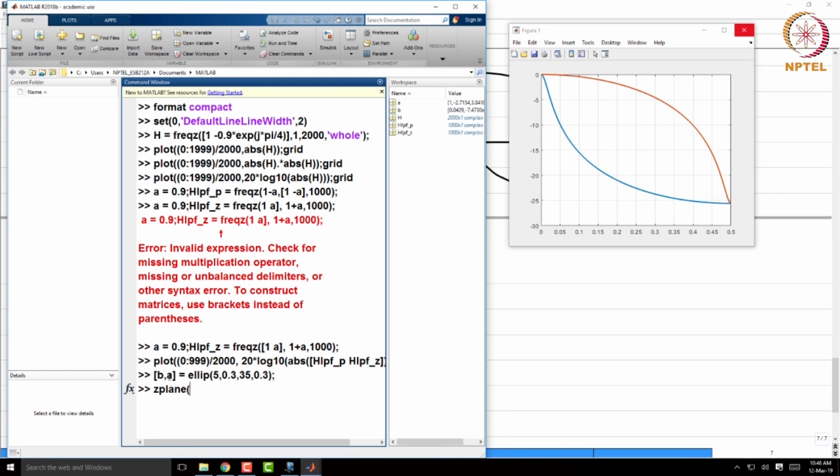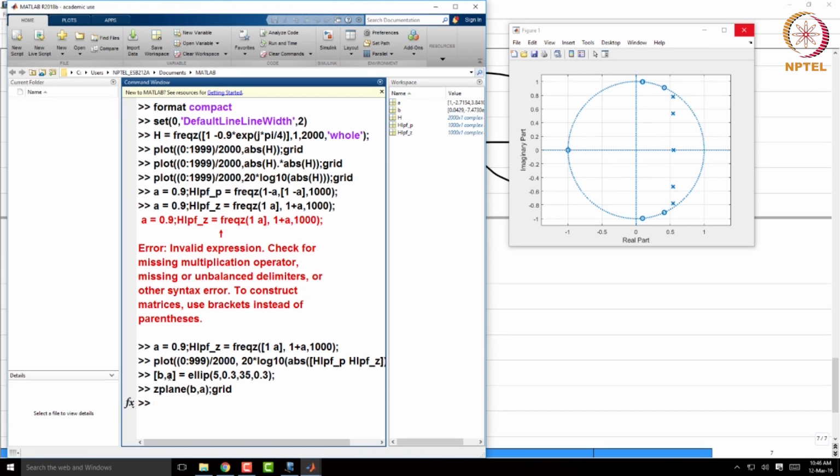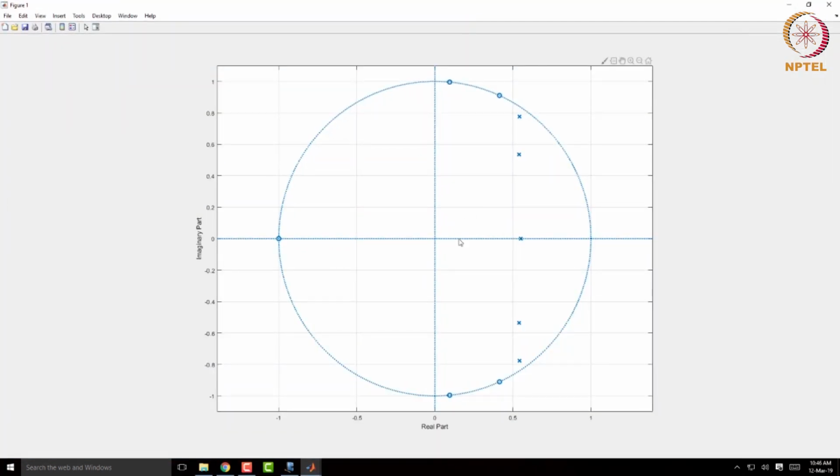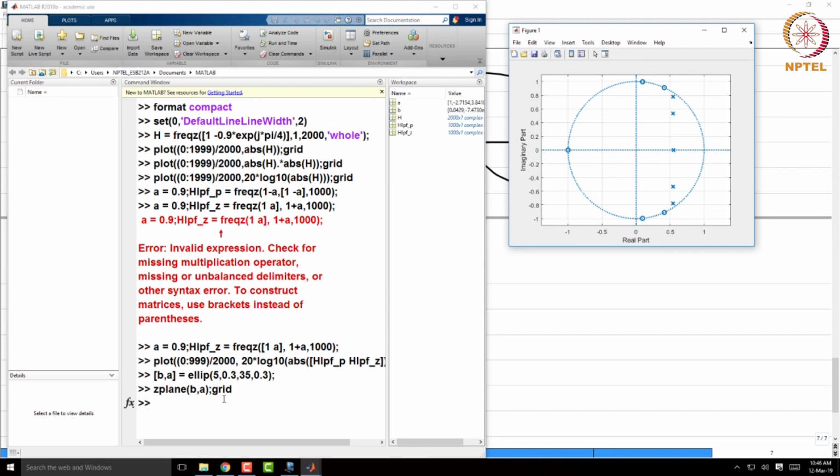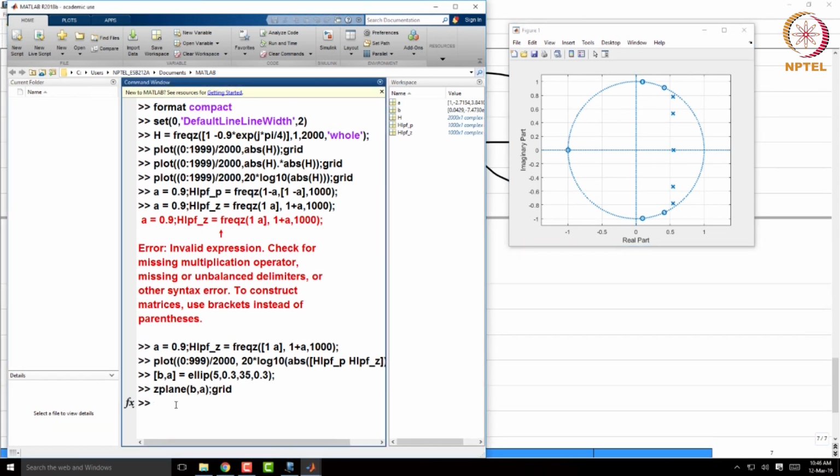And then if you plot the pole zero plot, this is how it looks. So this is a 5th order elliptic filter. These are all the poles and these are all the zeros. And now let me plot the frequency response of this. So this is clearly an IIR filter because there are uncancelled non-trivial poles. Therefore, this frequency response